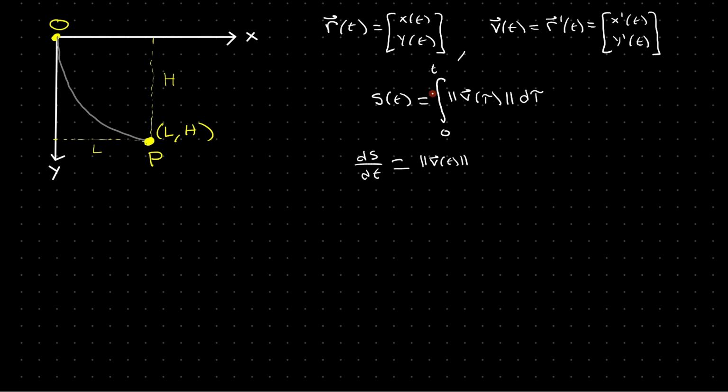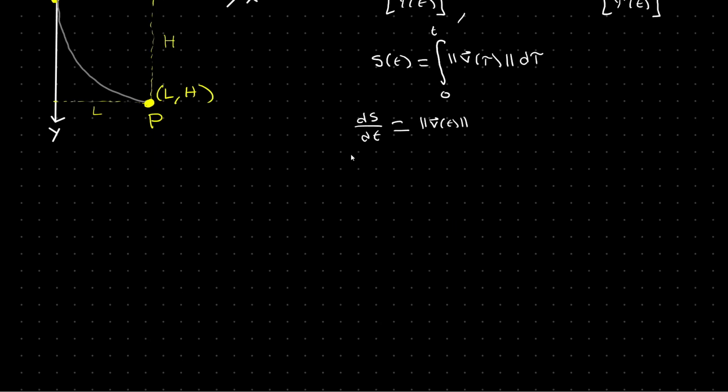The derivative of the integral of the magnitude of the velocity vector will just be the magnitude of the velocity vector itself. Now, this is a fundamental relationship that we're going to end up using here because it's essentially going to give us the connection between time and displacement in this problem. The best way of doing this is also to simplify here, and